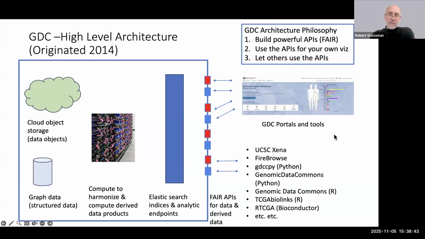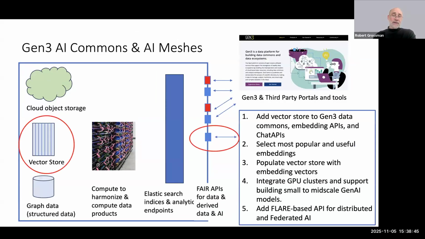I will talk about one research project that strongly influenced us, and I think it became clear that there's no major change required. So we're going to add vector stores to the cloud and graph structure. We also have index support and semi-structured data, but for simplicity, I'm not talking about the semi-structured data.